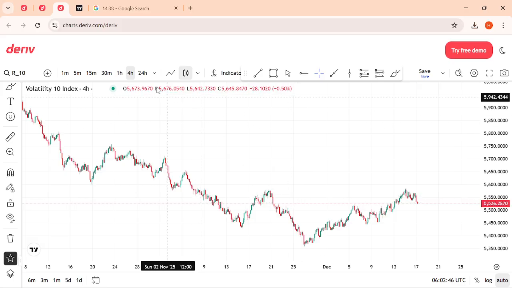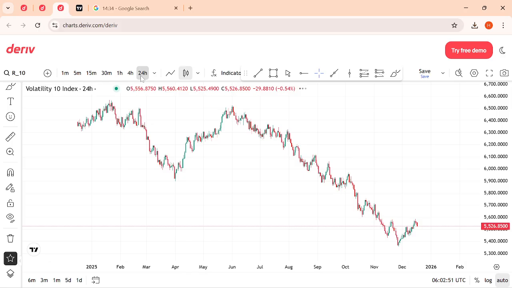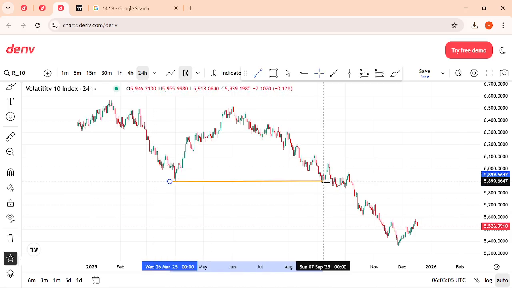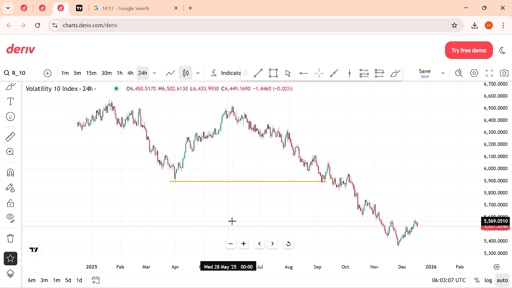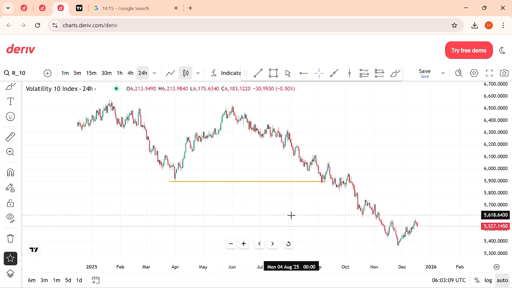Today we are going to be looking at the volatility trend index. We'll basically be looking at the higher time frame. Let's see what we have on the market. On the higher time frame we have this area. I prefer to use this zone, which will help us mark it out well. So we have this point, which is a break of structure, and